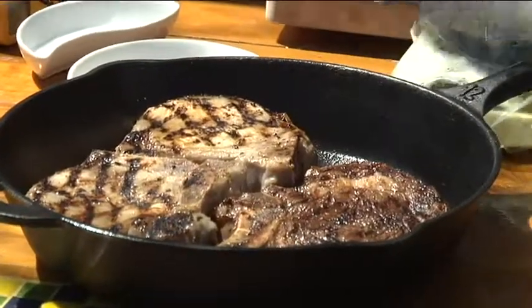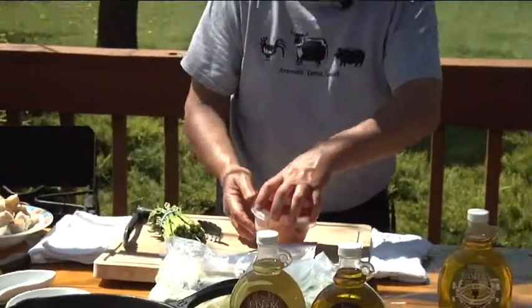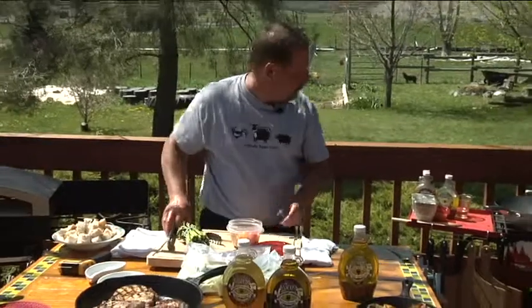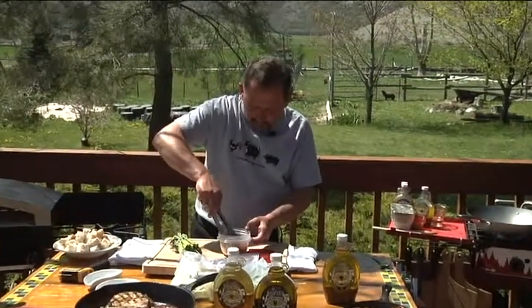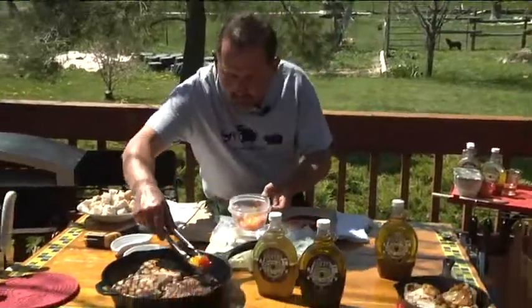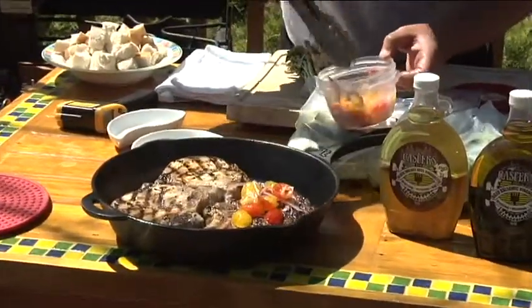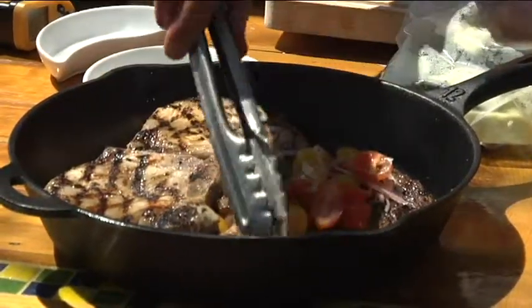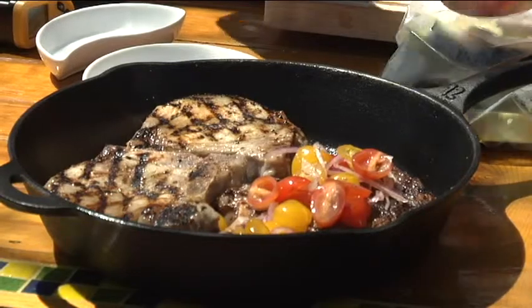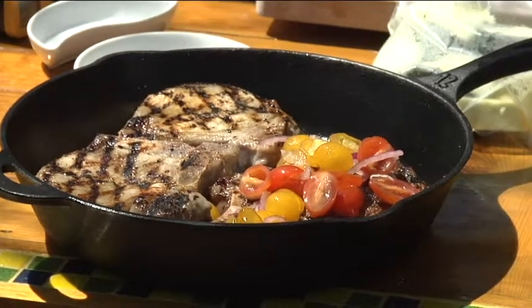Now we're going to prepare some toppings, or I've already prepared some toppings for these while they're sitting here. I'm going to put some vegetables and cheeses on top of these guys for added flavor. This is just a combination of seeded cherry tomatoes and red onions. And then on the pork chop,